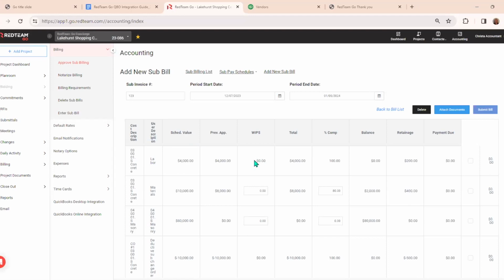So we would add whatever it may be, and then it will provide a balance. It'll take out the retainage and it'll say what's payment due. At that point, it's just submitting the bill. You can attach documents, and once you submit the bill, that is accepting that